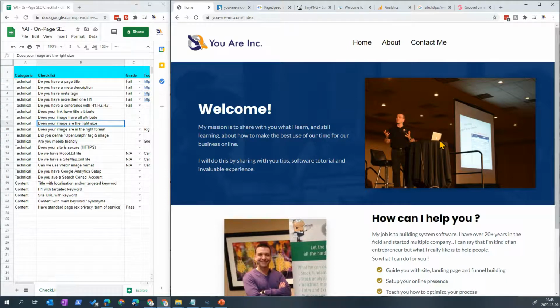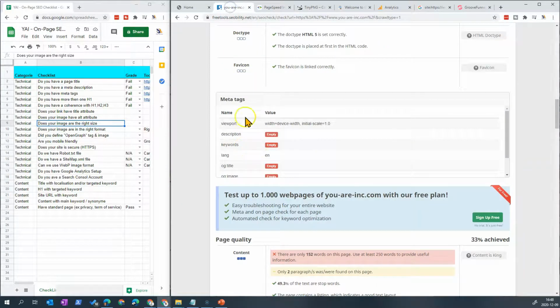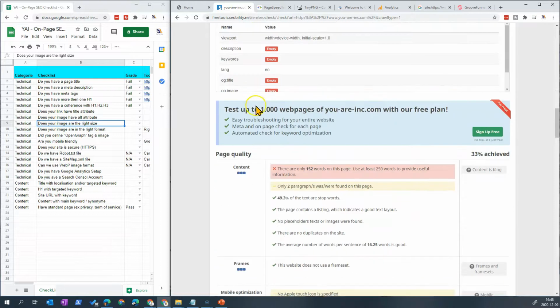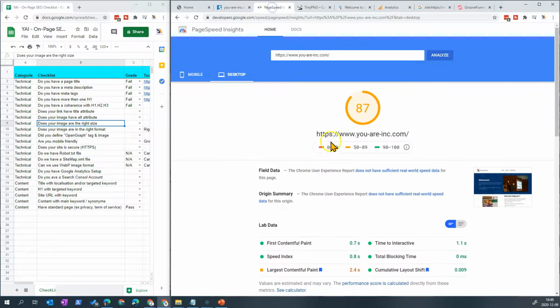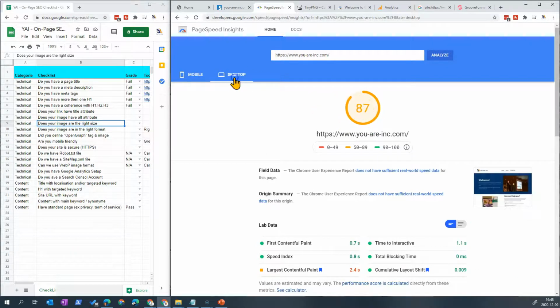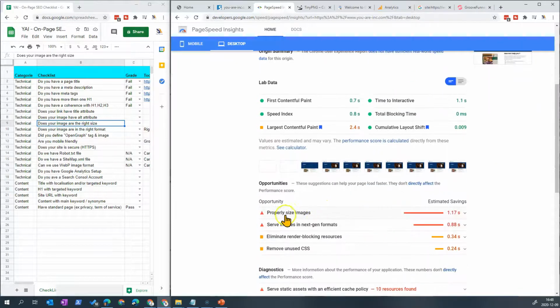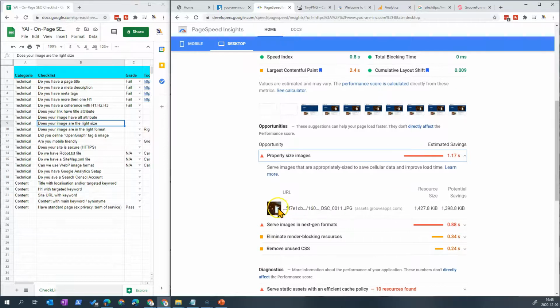I have to reduce the size of this image, and I will probably have to compress it. This kind of too-big image could be found not in this tool, SEOability, but in PageSpeed. PageSpeed gives you, for example, the rating on mobile and the rating on desktop. You see here on desktop it says properly size images. This means that it tells me this image is too big.